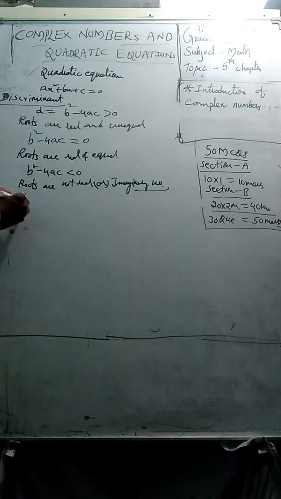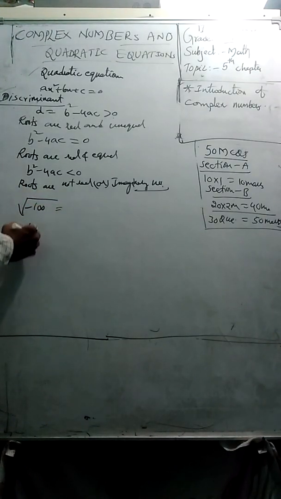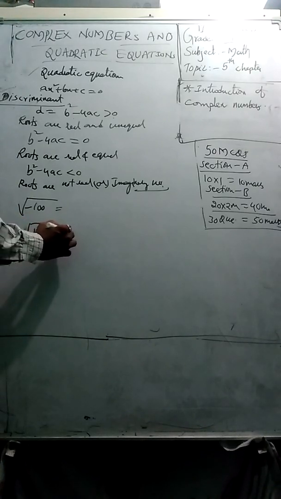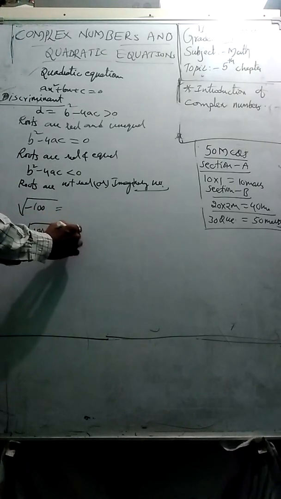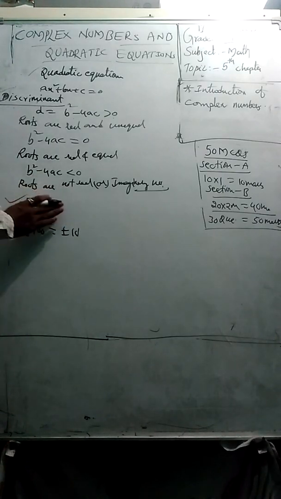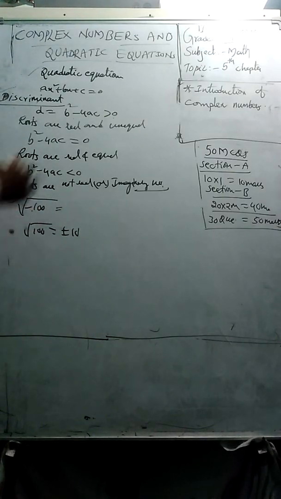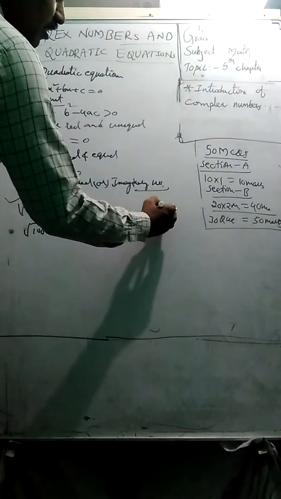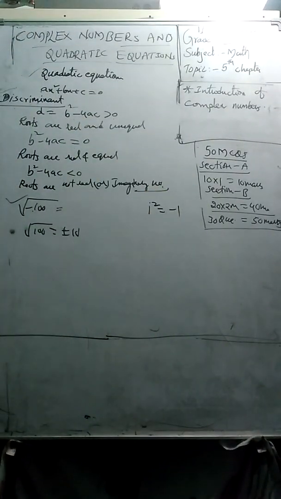Now you are going to learn about this number system. It is nothing but imaginary numbers, the square root of negative numbers. You know the square root of 100, students, is plus or minus 10; directly we can write. But there is no explanation for the square root of negative integers in the case of real numbers. To avoid this situation, one more new number system is introduced, that is the imaginary number system.